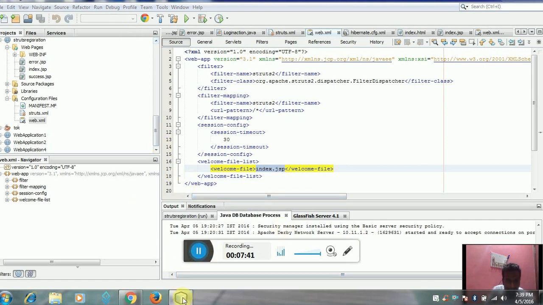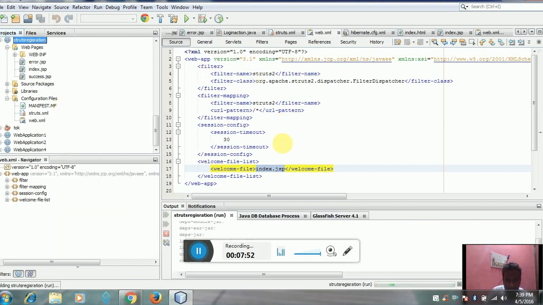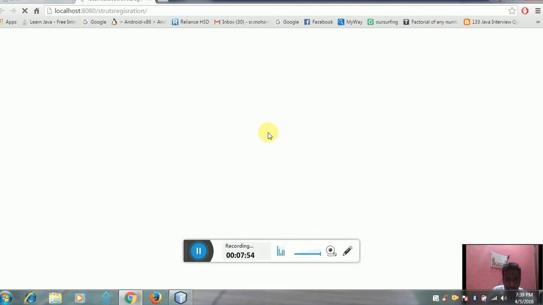Now let me show some output and run the file. This is a registration form with username and password. I'm typing the username Raja and the password also Raja.